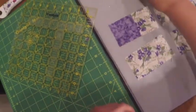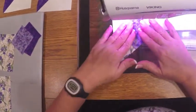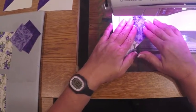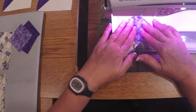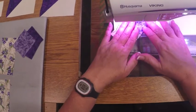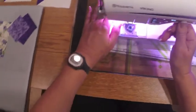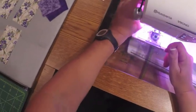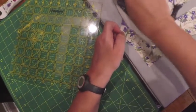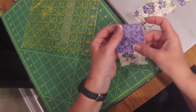Excuse me. So I'm going to take this over to the sewing machine right here, and I'm going to sew directly on that line. I go ahead and press in, set in my stitches, and I'm going to cut 1/4 inch from that